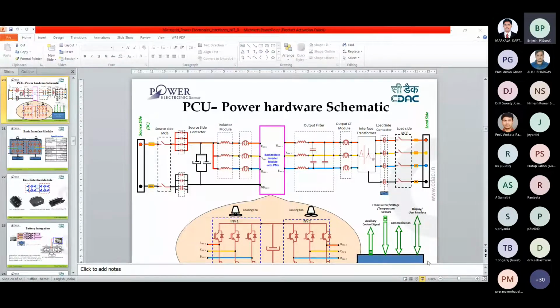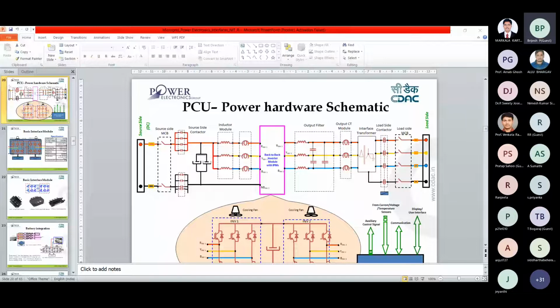I will just move. During this slide it was audible, or shall I continue with this slide? You can continue.